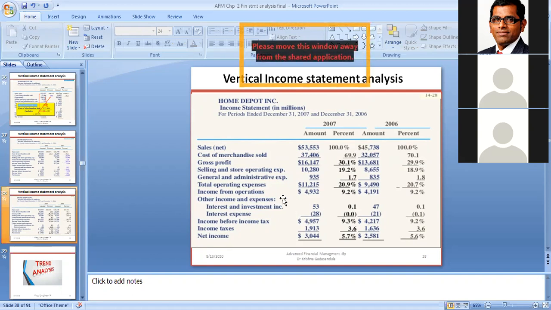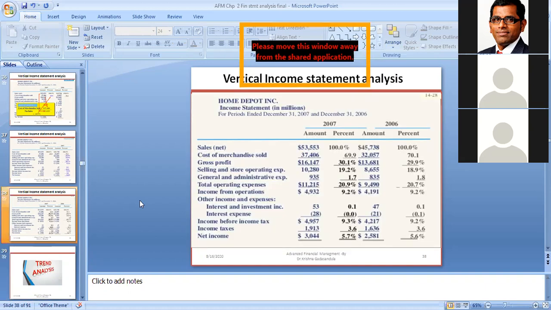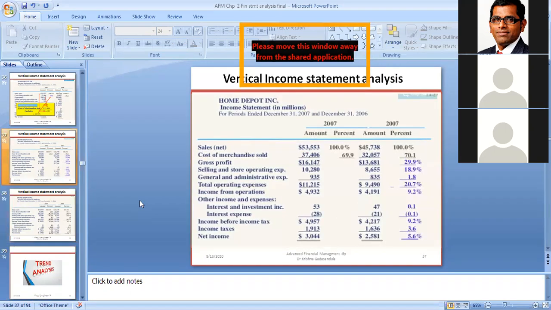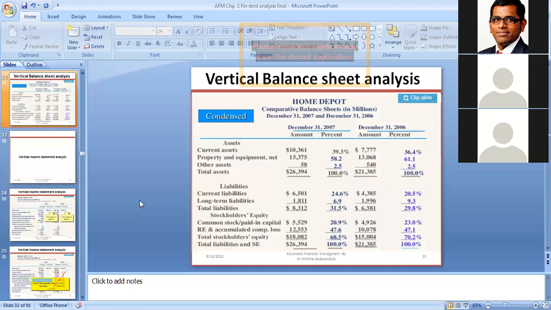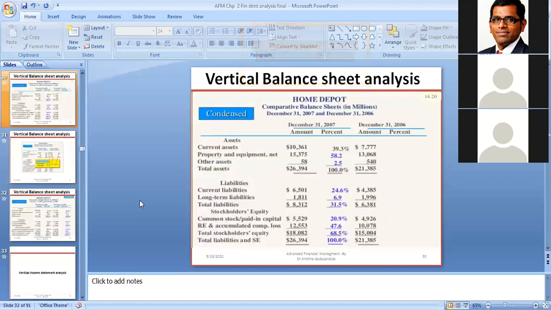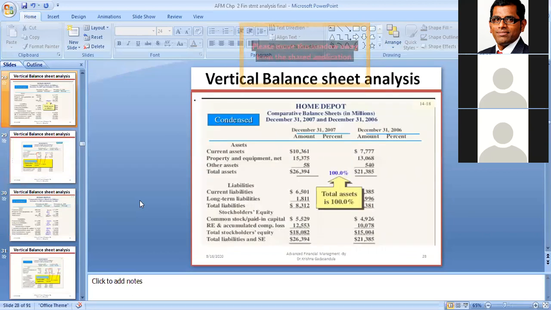Like this, you can have the vertical analysis compared to the sales. So this is vertical analysis of income statement. And in the vertical analysis of income statement, the balance sheet is also the same. I forgot the balance sheet. Did I keep that here? Yes, I kept the vertical analysis of balance sheet also. We have passed that, I think. Here, vertical analysis of balance sheet is also there.